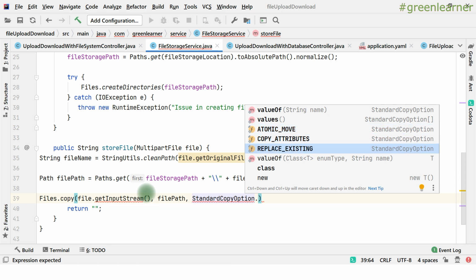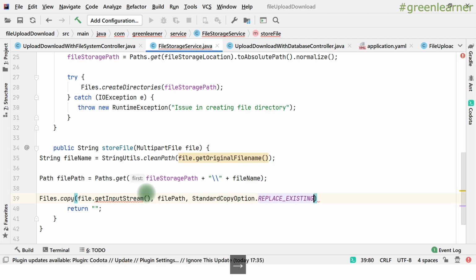If you are uploading the same file multiple times, it is going to keep the latest one that you have uploaded. So I want to use REPLACE_EXISTING. Anytime that you upload a file with the same name, it is going to replace that one. This is the strategy that I want, but you can always change this, that's not an issue. You can always have a completely new random path, so that any time you upload a file, it is treated as a new one, right?